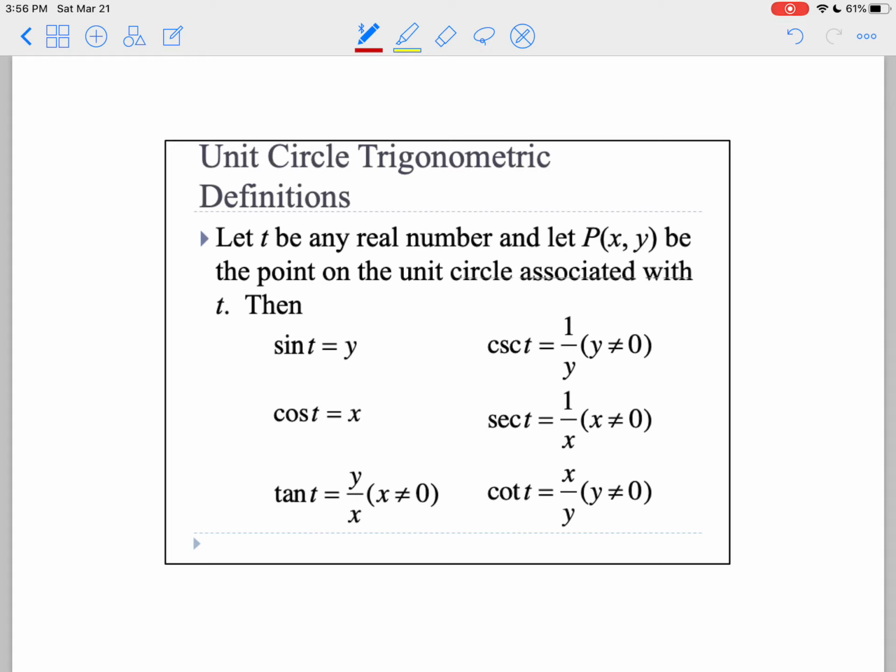So what does this mean for us, and where do we get values now for these trig functions? That's what we're going to talk about in this next